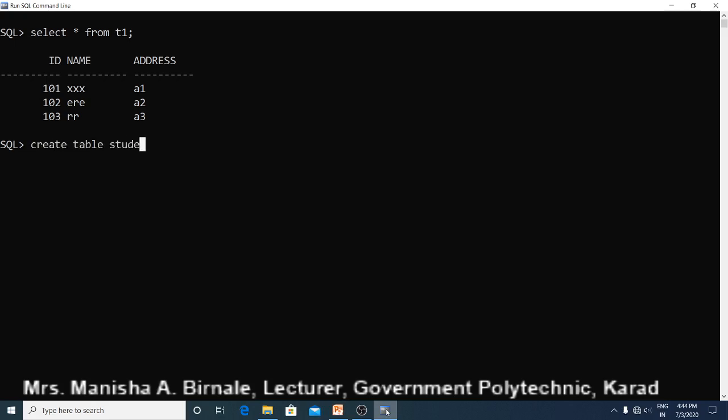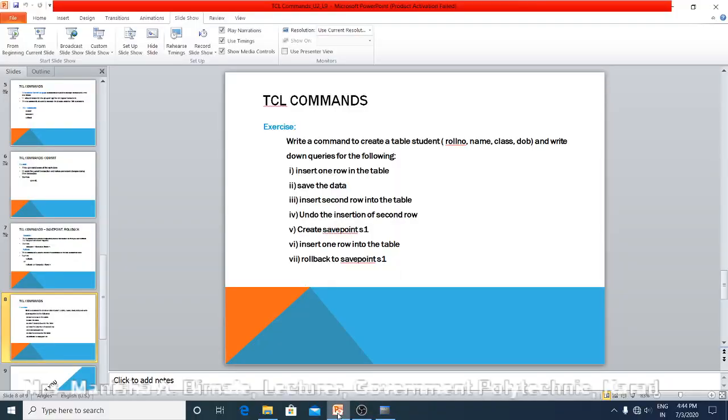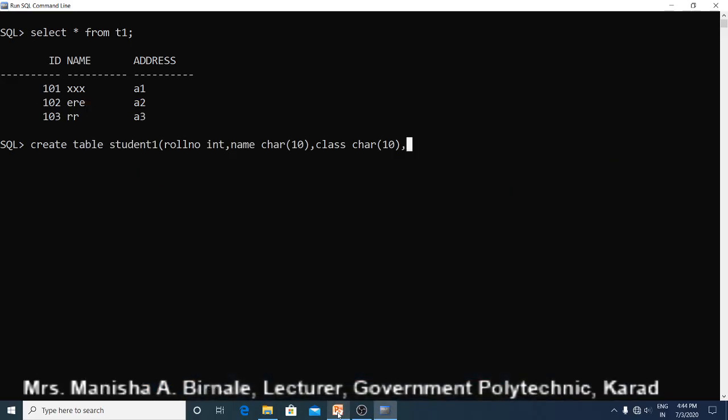Create table student1, because the table named student is already present here. Roll number, data type is int, then name, data type is suppose char, then class, data type is again char, and date of birth, data type is date.